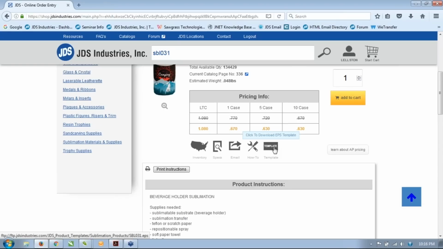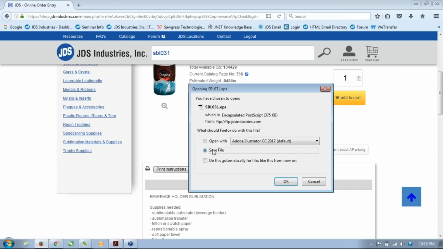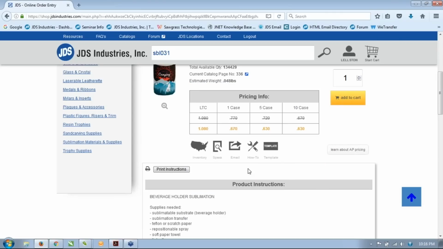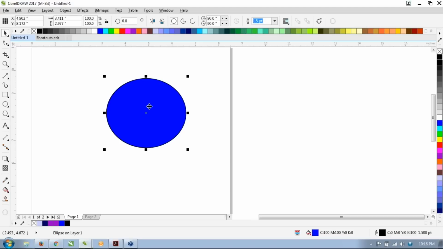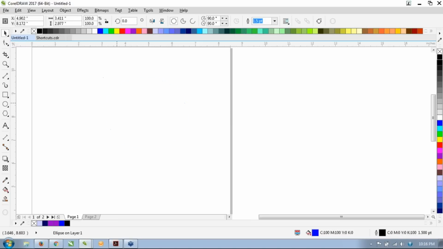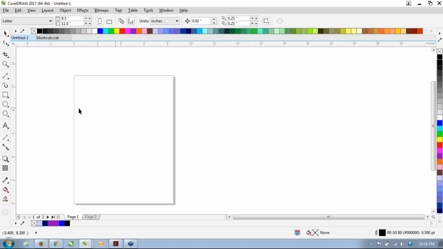And then our last little icon here is the template icon. If you click that and hit save, sometimes it saves right away down to your corner, but it will save most of the time into your downloads folder. So once you hit save, then you go into your CorelDRAW, and let's get rid of this, and we want to import that file we just downloaded. So Control-I for import,